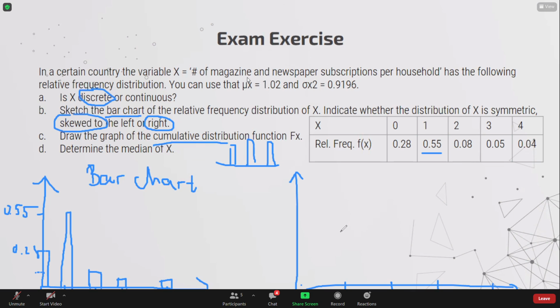Up until 1, we would have 0.28, which means that everything between 0 and 1 is at that point. Later, if we go to 2, we have to add this number to this number. So 0.28 plus 0.55 should be equal to, let me write it there,